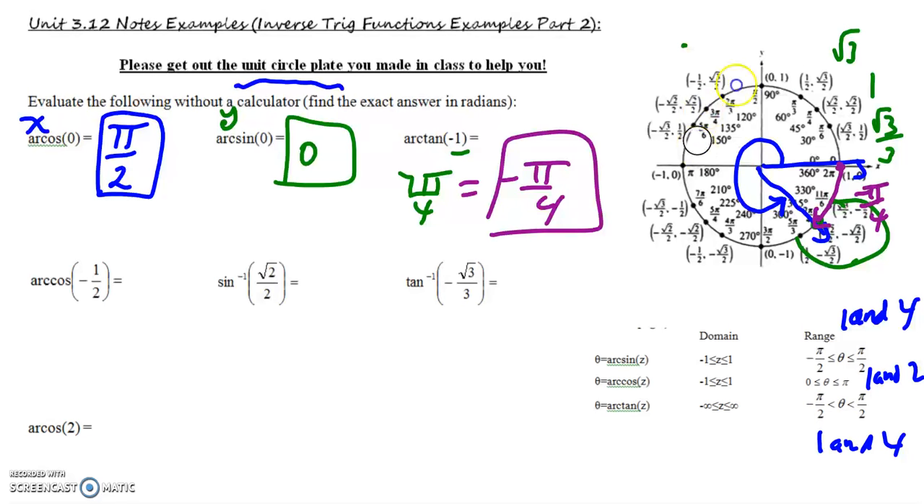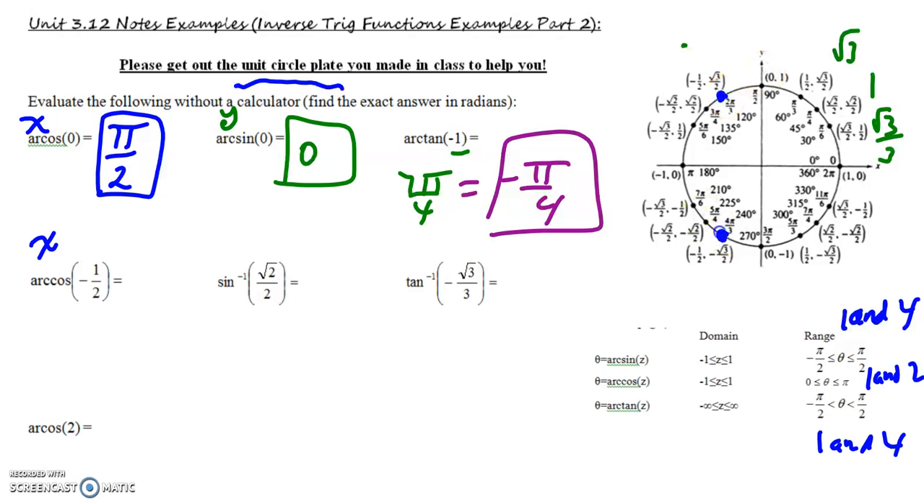The next example, again, let me erase this just to make sure everything's clear here. Keep those tangent values. Arc cosine of negative 1/2. So my ratio is negative 1/2, and I'm thinking x values because of cosine. Where are the x values negative 1/2? Here